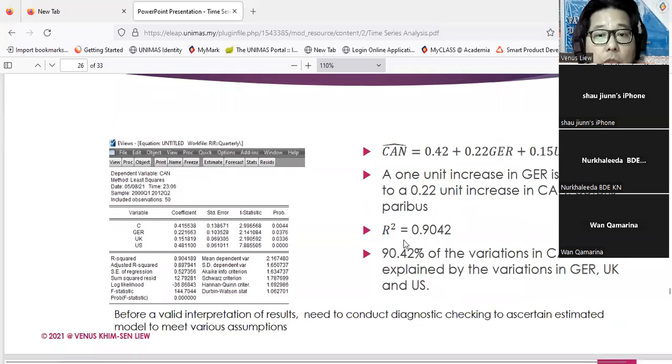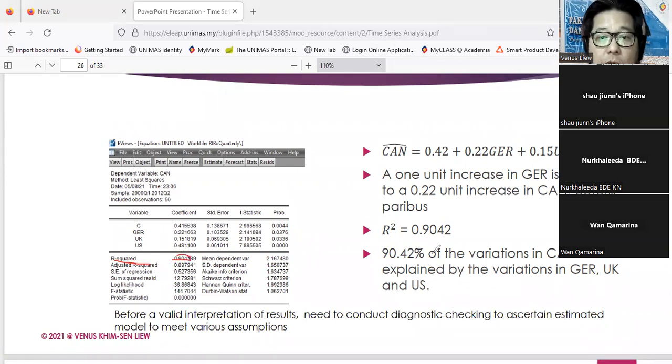Now the other thing we need to know is how good is our estimated model. How good? Then we look at R square. This is R square, 0.9042. So this is times 100. You can get 90.42% of the changes in this dependent variable can be explained by the variation in other variables that you include in your ordinary least square estimation. So these are the factors that can explain